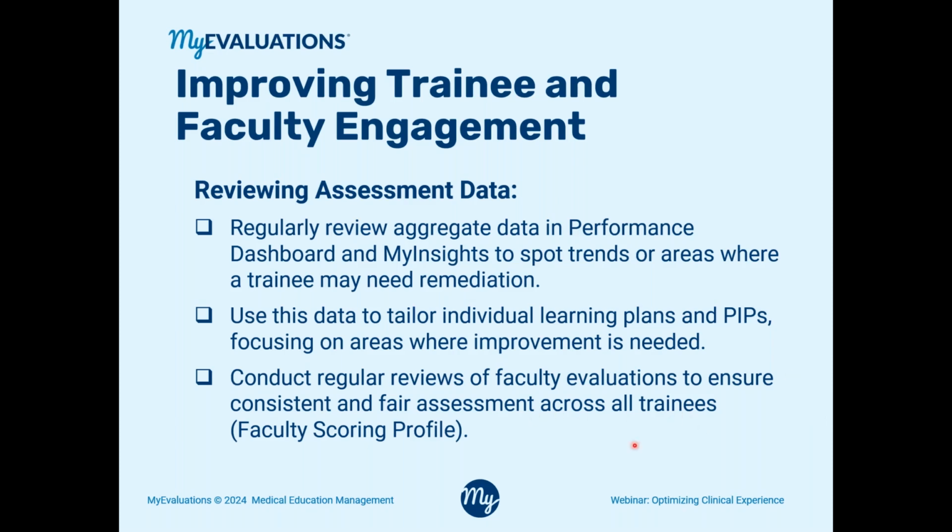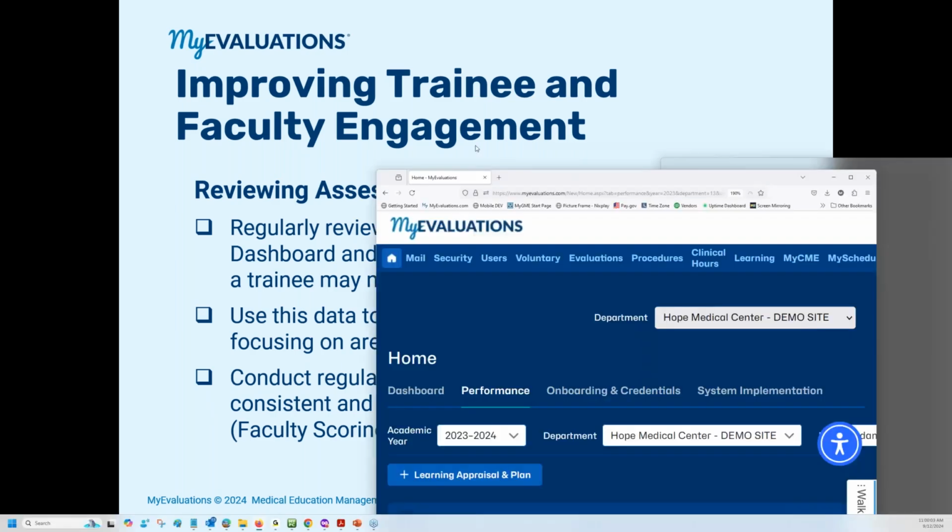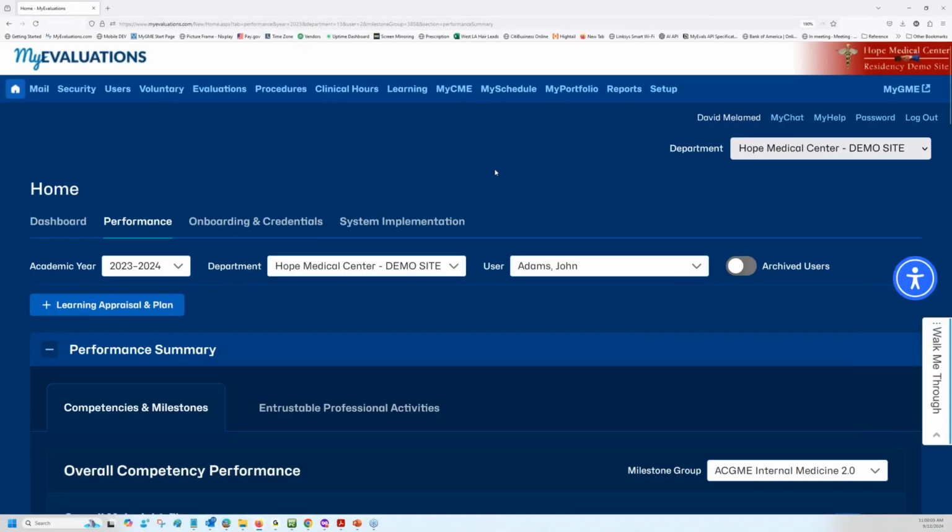And then the last topic is for looking at your faculty evaluations to make sure that the faculty are scoring the evaluations in a meaningful way. And we do that directly through the faculty scoring profile report. So if you go to your menu option reports,